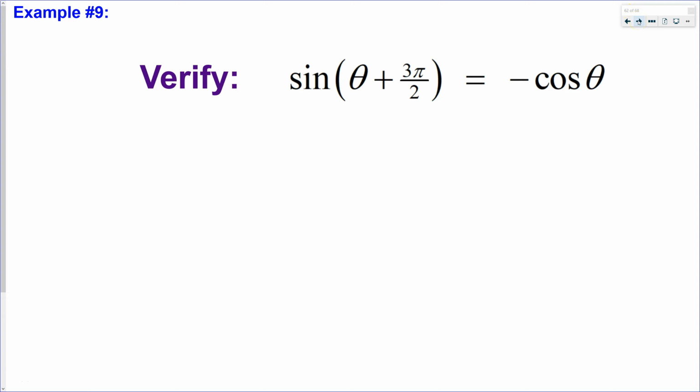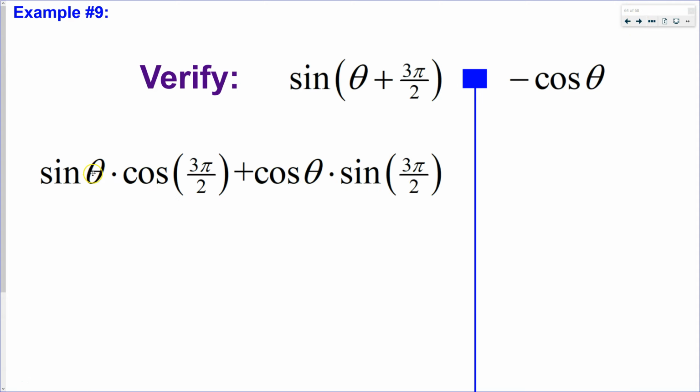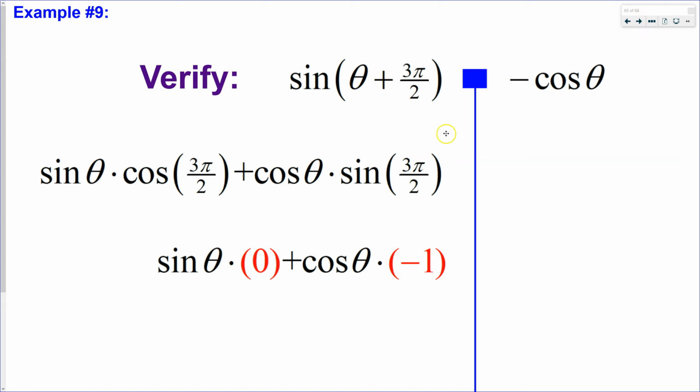Just start writing something down that you know is true. And if you simply write down the formula with theta in the first slot and 3 pi over 2 in the second slot, this is at least a starting point that you can do. Now, we don't know what theta is, and we'll never know, but let's evaluate what we can. The cosine at 3 pi over 2, well, that's 0. The sine value at 3 pi over 2 is negative 1. So punch those numbers in, and all of a sudden you get 0 times a thing, and 0 times a thing is nothing. So we just eliminate it, and we have negative 1 times cosine theta,